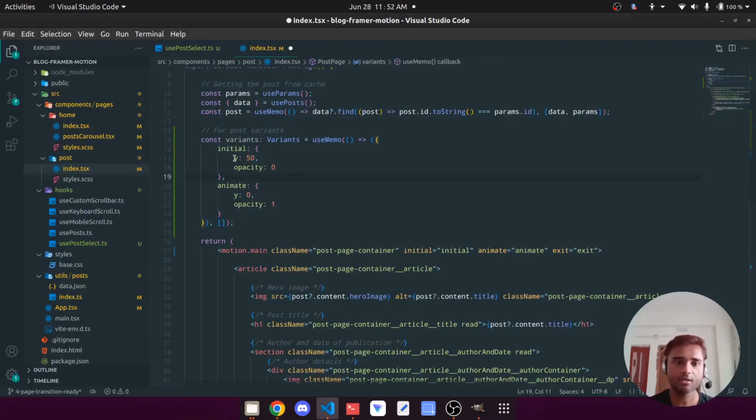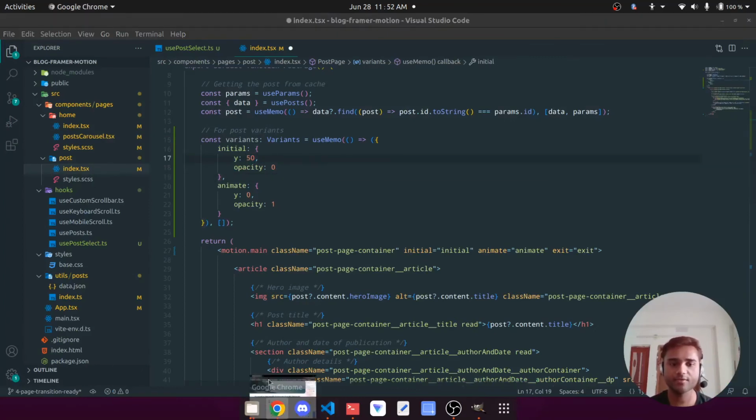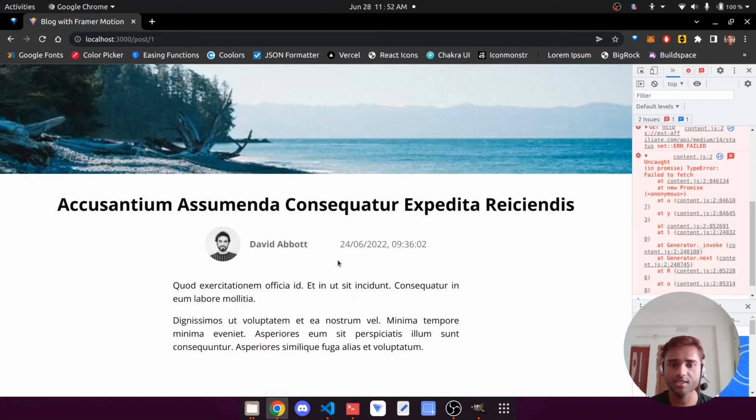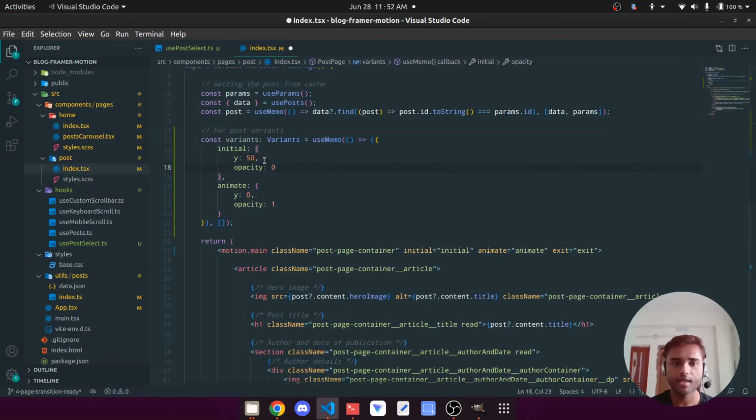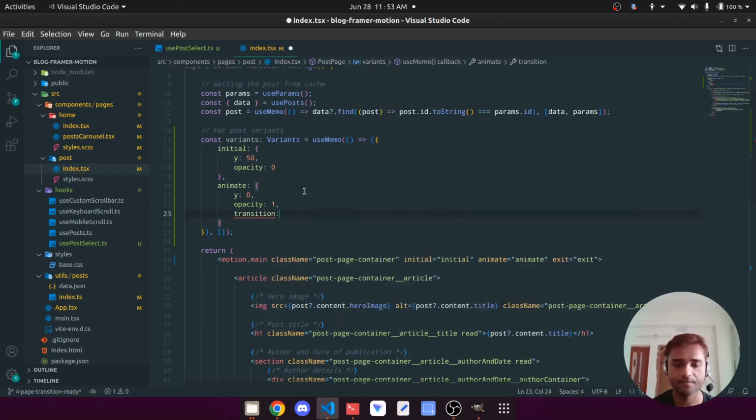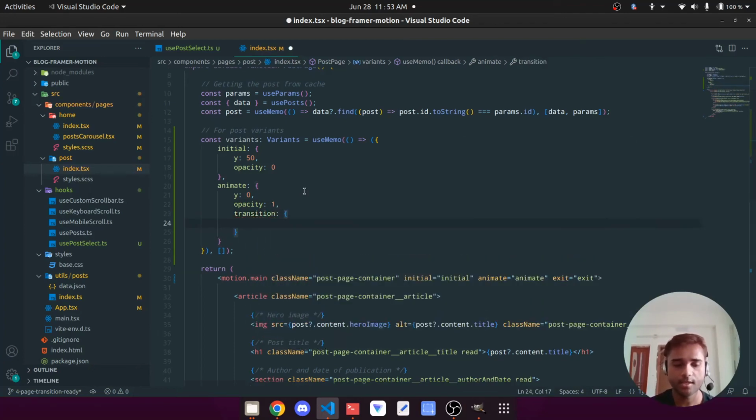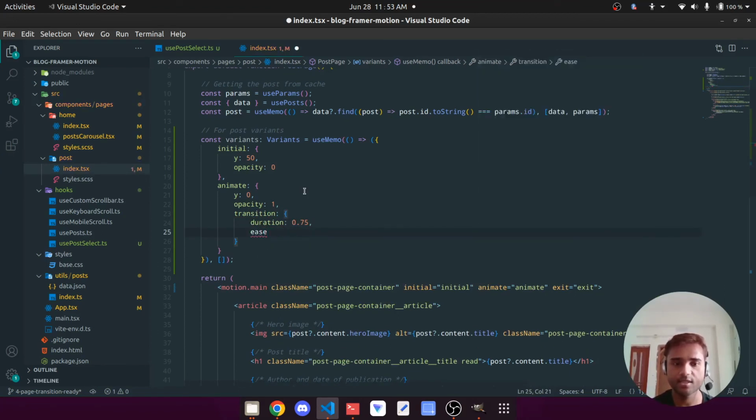So we want to start on a positive Y of 50, meaning everything that you see here would start from just 50 pixels below where it is supposed to be, with an opacity of 0, and it ends where it is supposed to be on the Y, and it then appears. So it has a fade in animation. It travels from bottom to up with a fade in effect. We also have to give it a transition, else the animation wouldn't look good. And let's say the duration, say 0.75 seconds with an ease of say,